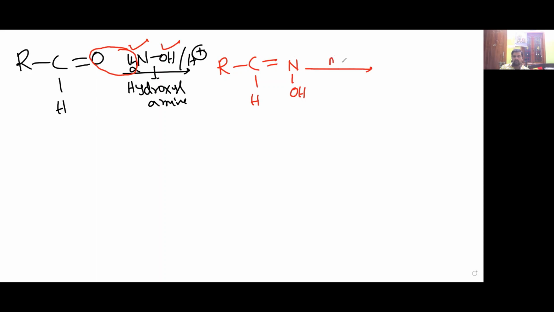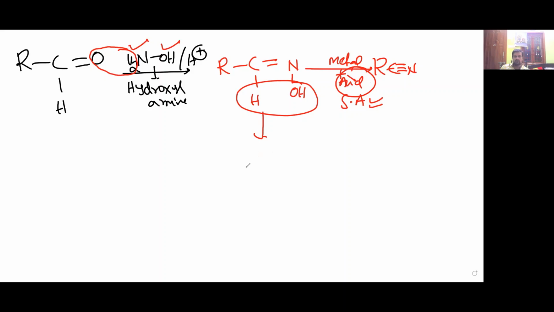If you add any metal acid, strong acids we are using. Because of these strong acids, what may take place? Dehydration may take place and here you are going to get cyanide, but you have to prevent this reaction. You have to get primary amine. This is oxime. C double bond NOH is called oxime. This reaction is called addition followed by elimination. So to prevent this reaction, we are not using metal acids.